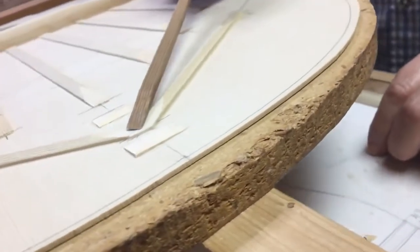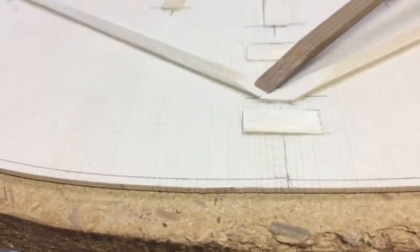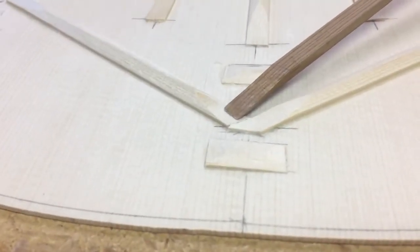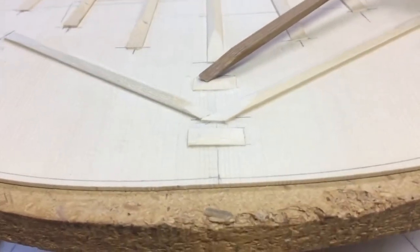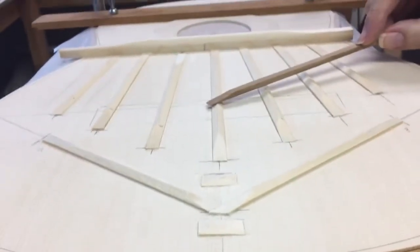Now I've taken the liberty to over glue the line here to where there'll be less separation of line on top, shrinkage and stuff. Also, these two come in here just for extra braces for the top. So what I'm going to do